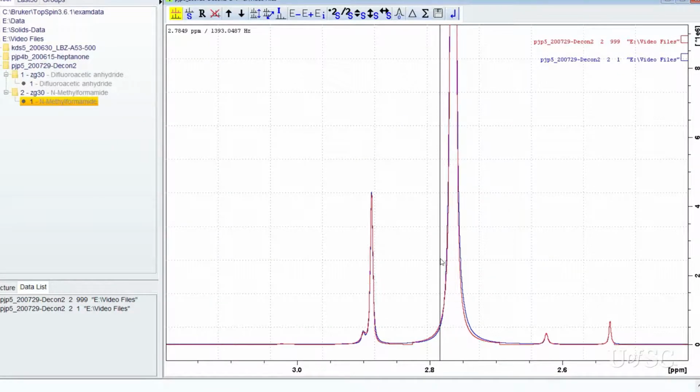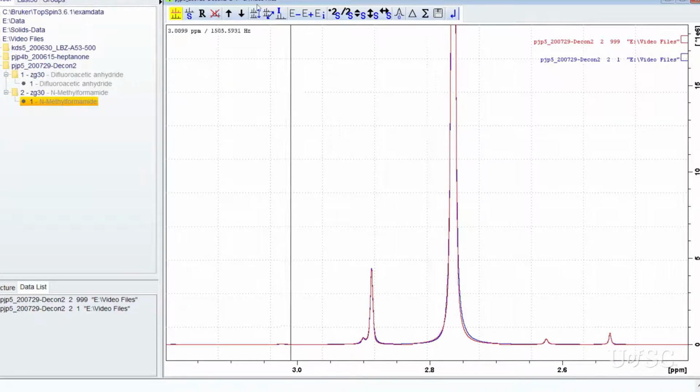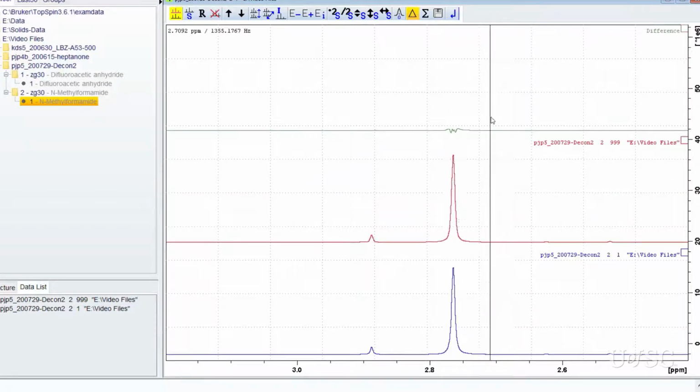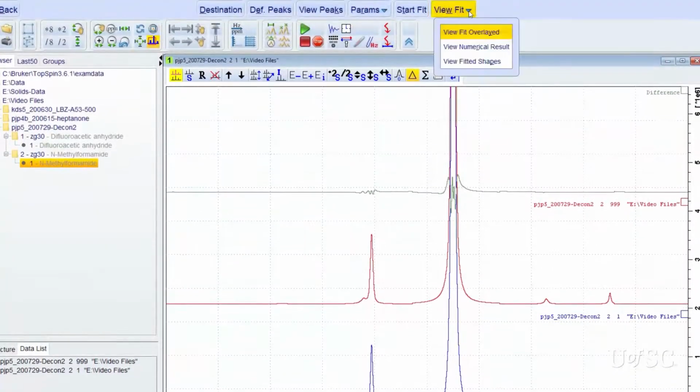We can closer examine the fit by looking at the difference between the experimental and the calculated results by clicking on the button with the delta icon. The green trace is the difference between the 2 other traces. There are some small differences, but this is actually a pretty good fit and probably the best this dataset will give. We can now bring back the numeric results table by clicking on the View Fit option in the flow